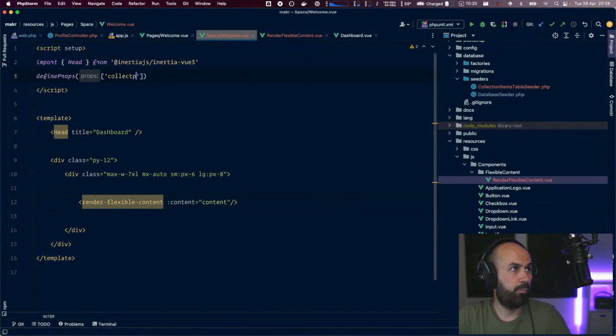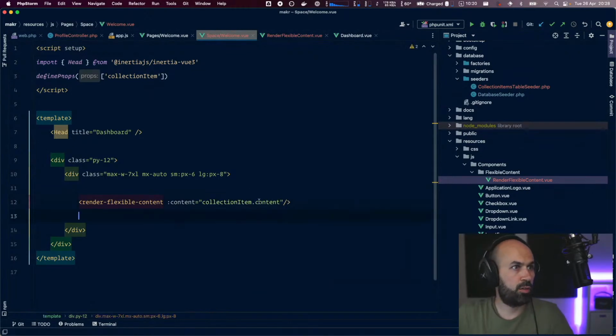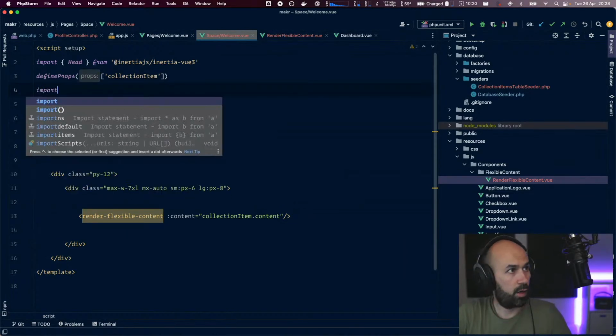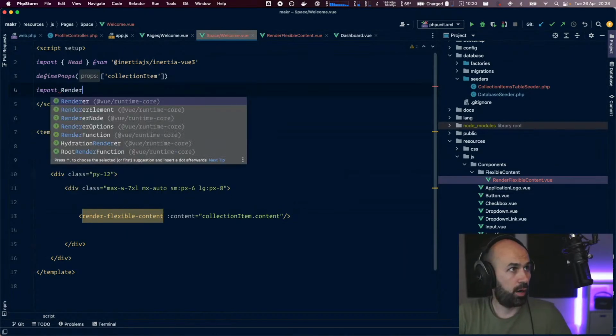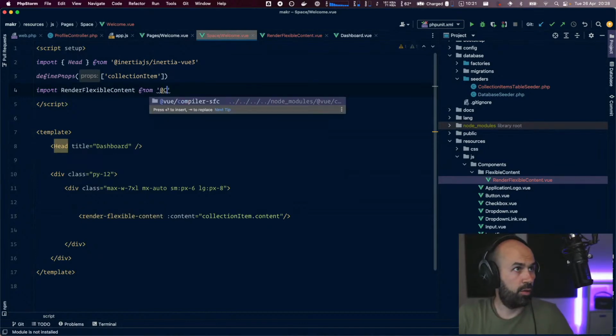Yeah. And our collection item will have a content field, and it will be passed here. And let's import our render flexible content from, do we have the, nope,